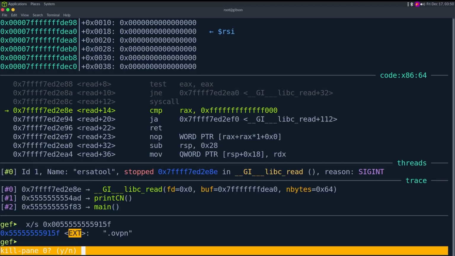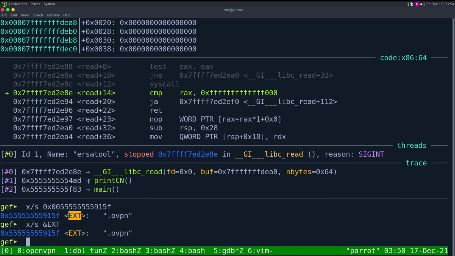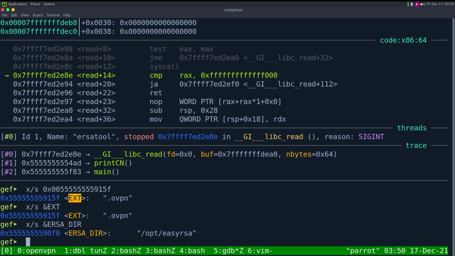Now, we could cheat and just do, don't kill pain, x/s, and print the ext variable, and we could do x/s on the ersa dir variable, and we could get it this way. But that's cheating because you normally won't have all these pretty variable names because it'd be completely stripped. So what I would do is